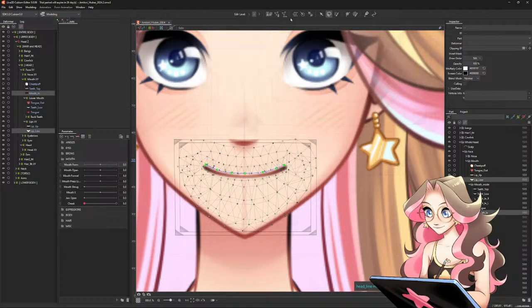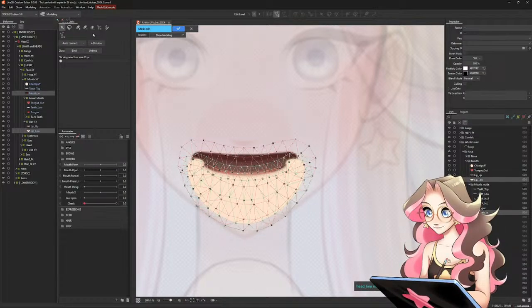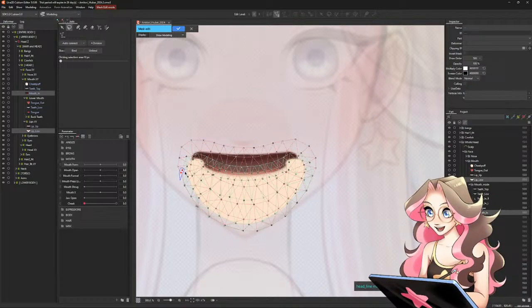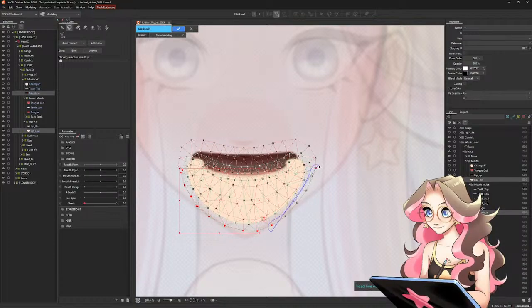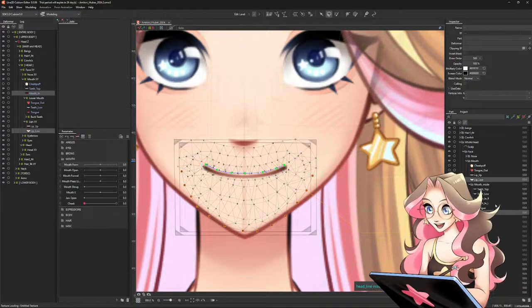glue these together. And what that means is, honestly it's just what it sounds like, I can select these vertices and they won't move, they'll stay together basically. Okay, I'm gonna hit glue. Yay. Those are glued, and now I just need to glue the other